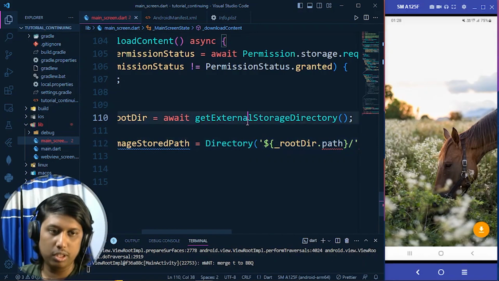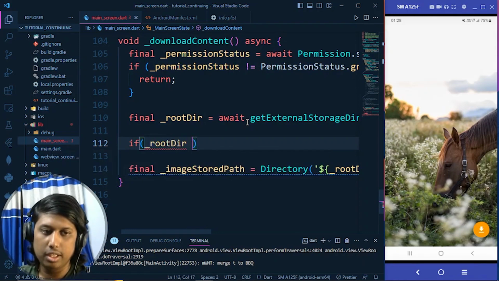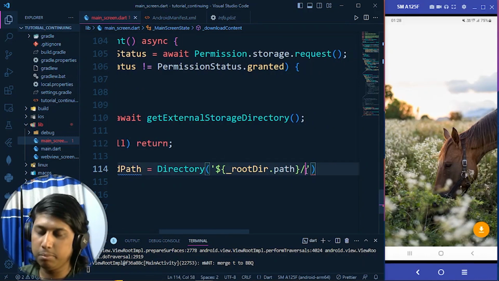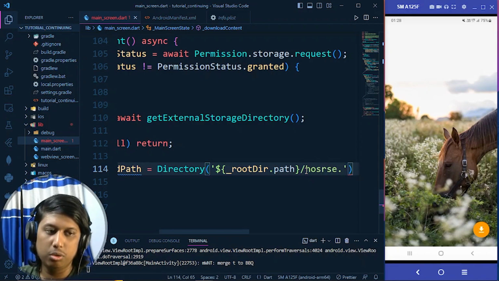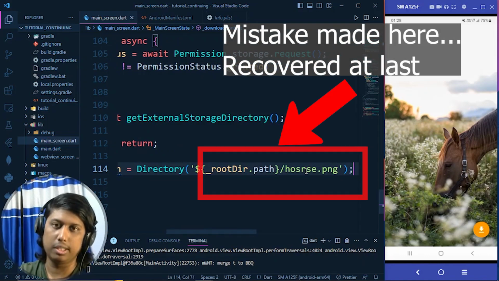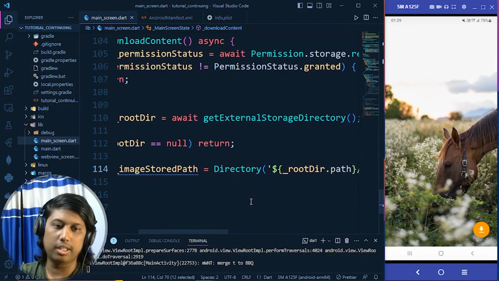Now we have to check one more thing here. If that root directory is null, that means we are not getting the root directory path, so we return from here. Give the picture name that we want to save the picture with. So here I write horse, and we also provide the extension so that the picture will be saved properly. So here I write horse.png, and that will be the picture name. So root directory plus horse.png will be the total directory path for that